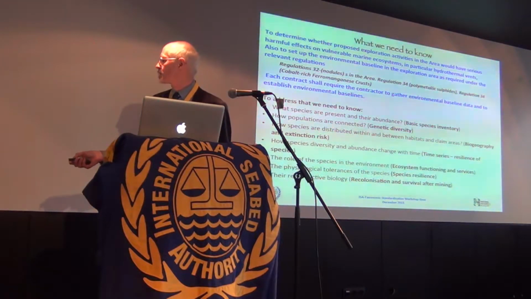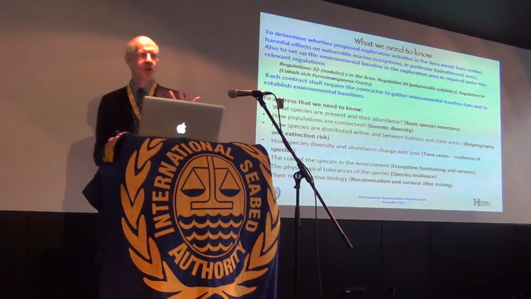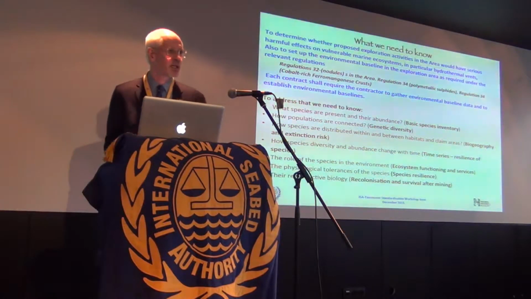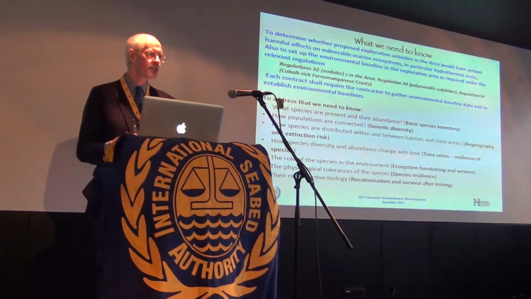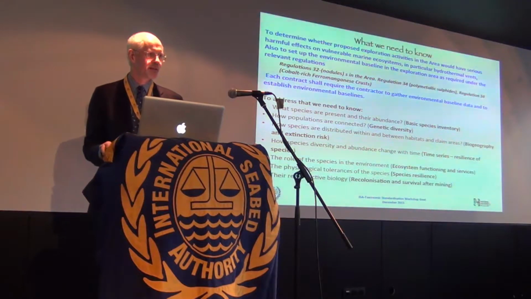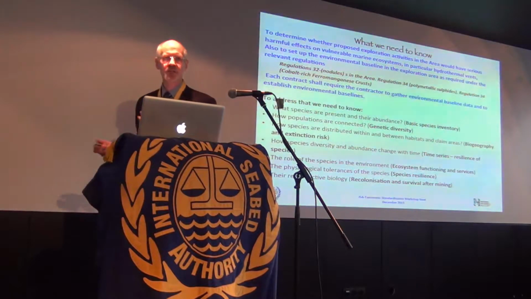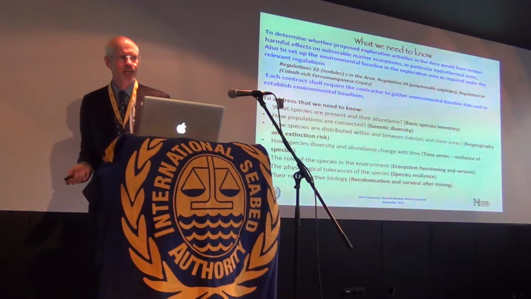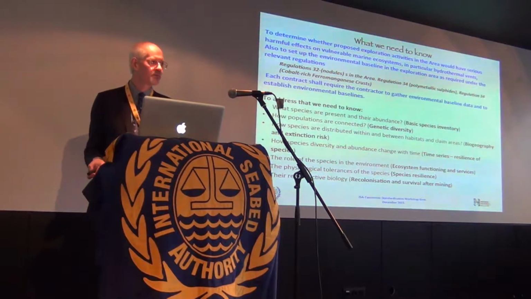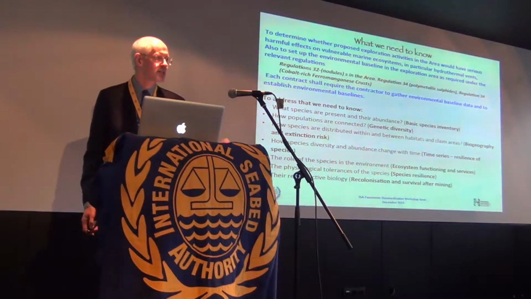We need to understand the role of the species in the environment. This is about ecosystem functioning, and it's never been more important to understand ecosystem functioning in a planet that is getting warmer. The deep sea is one of the areas that locks up carbon. If we start mucking around with the major carbon sinks because we don't understand ecosystem functioning, then that may put the kinds of things that happened in Paris last week in jeopardy.